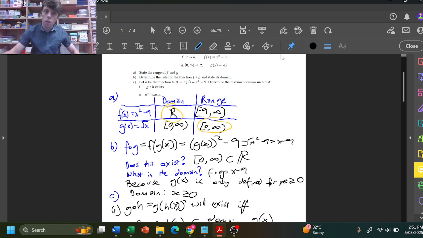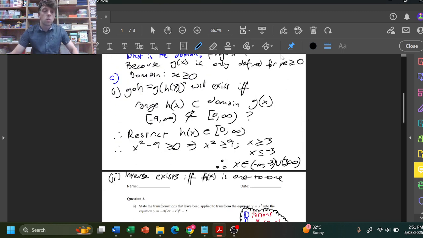Well, we're going to have to cut it off at the turning point. So remember, this graph looks like a parabola with a turning point at (0, -9). So if we make the domain from 0 to infinity or from -infinity to 0, then we've just got a straight line that passes both the vertical and the horizontal line tests. So therefore, we can restrict the domain to be from, say, for example, -infinity to 0 inclusive,